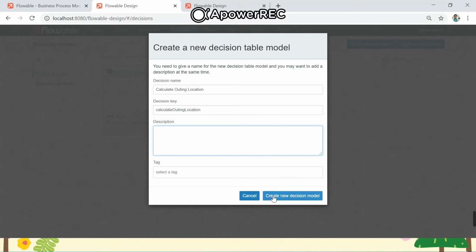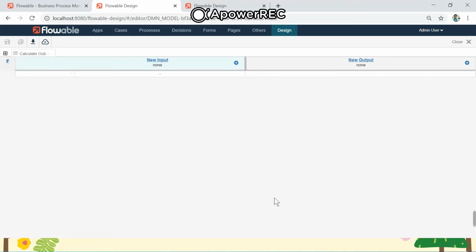If you click on create new decision model, it will open a window where the decision editor interface will be open, which is divided into roughly three areas: the menu bar, which is displayed on the top, and then we have the navigation bar, where we have the inputs on the left hand side and the output on the right hand side.